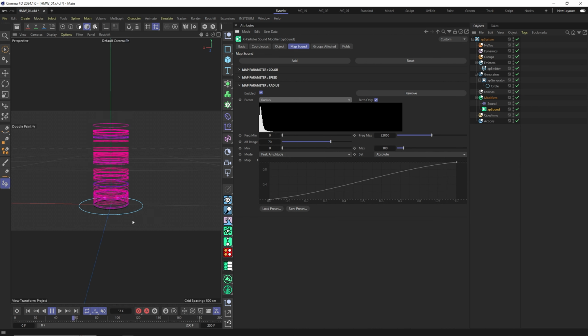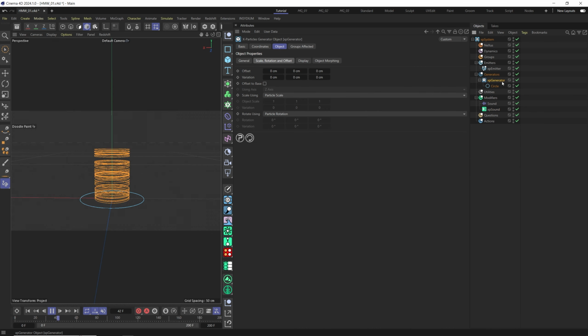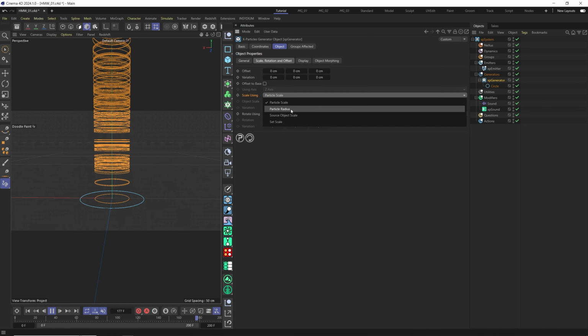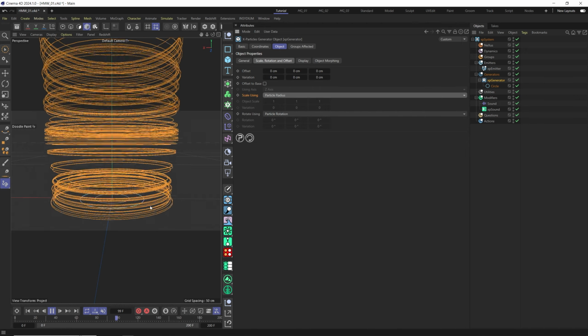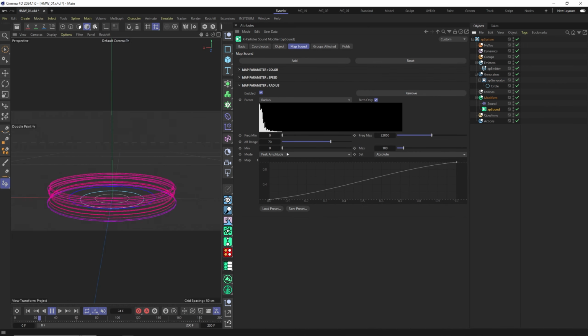And with radius we can control the radius of the splines based on the music. But right now nothing is happening and nothing is changing. If you remember, we select XP generator, and the scale was using particle scale. We just need to change it to particle radius. And now you see that based on the music, the radius is changing in xpSound. Let's select here, and now we have all